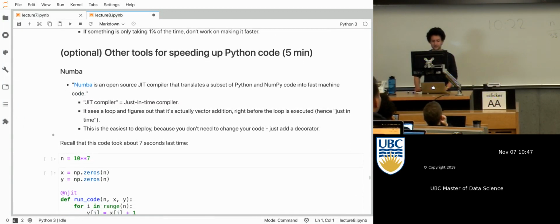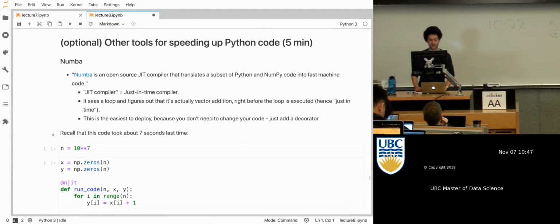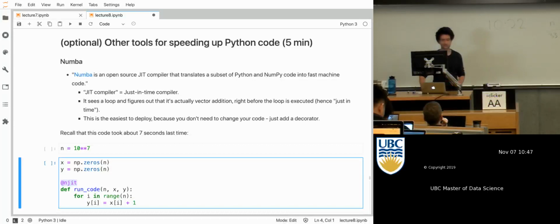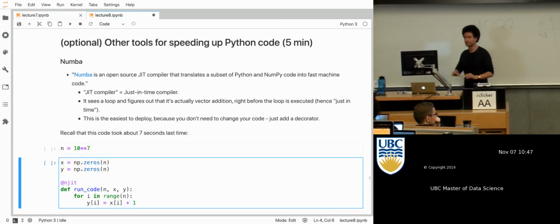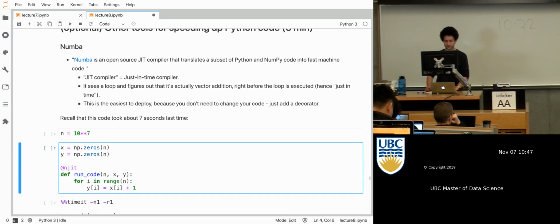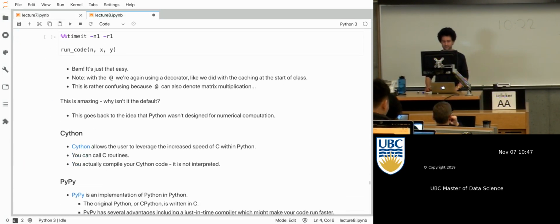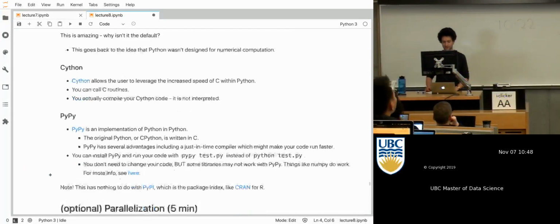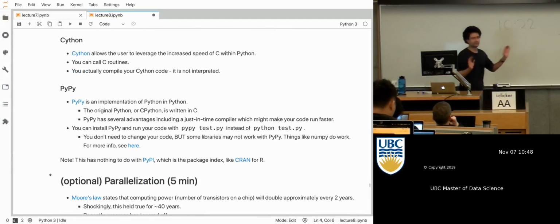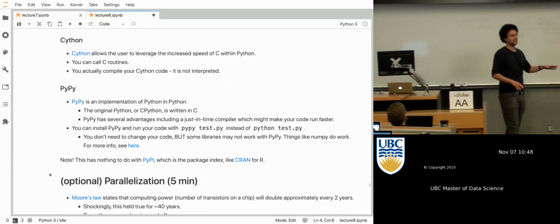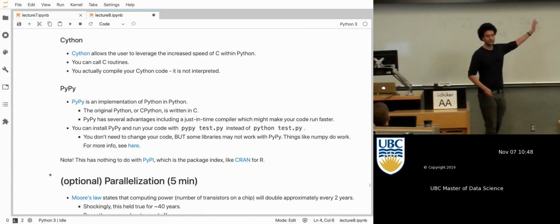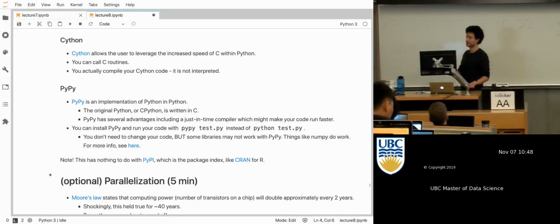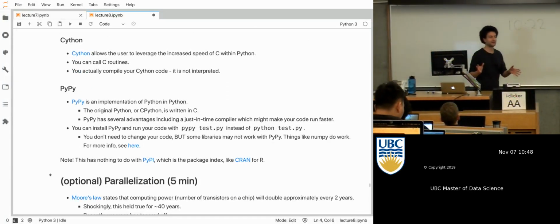There's various tools that basically make Python faster. So again, there's more of these decorators that we saw earlier. You can sometimes just add a little thing to the top of your function and it'll go way faster. So there's Numba, Cython, PyPy, all these tools that you don't necessarily need to look into right now, but you should know they exist, because if you're really hitting a wall with your code being too slow, you may want to go back and say, hey, there might be some fancy thing I can do within Python